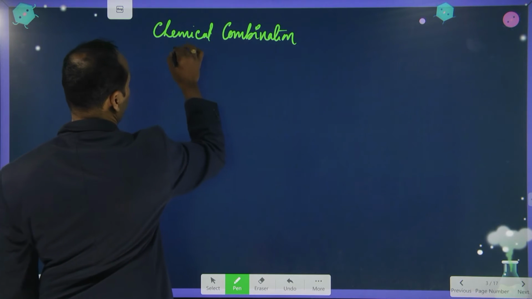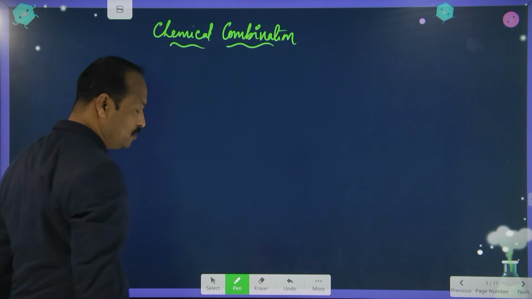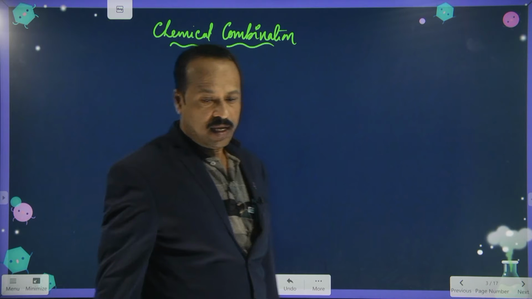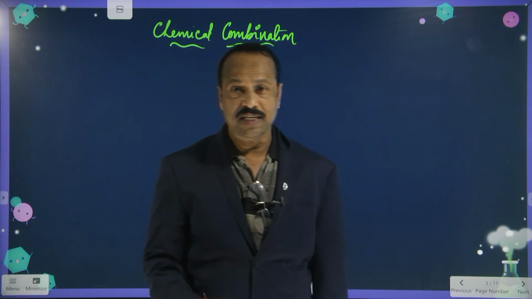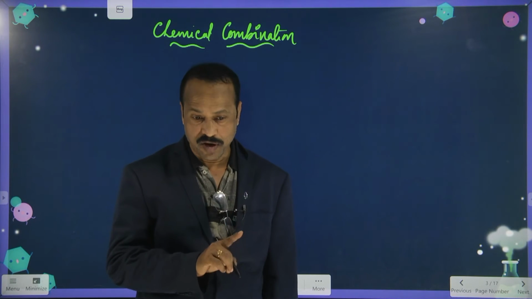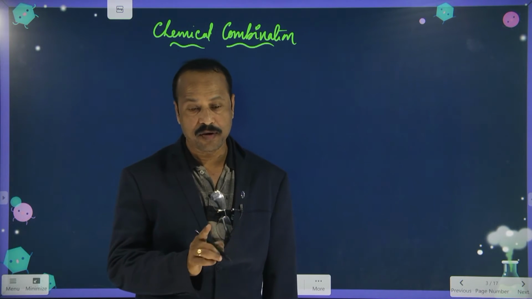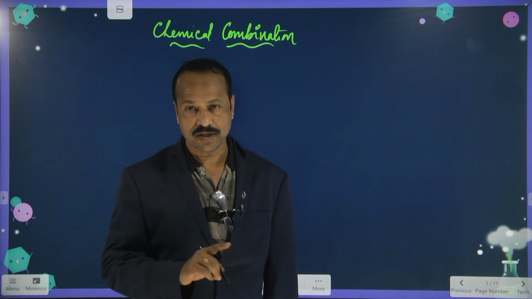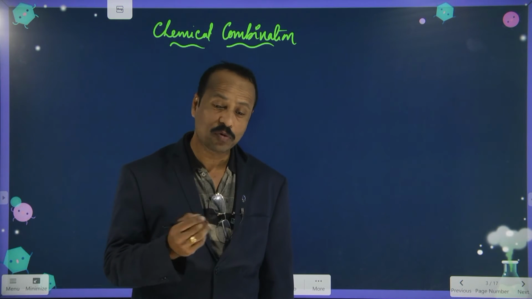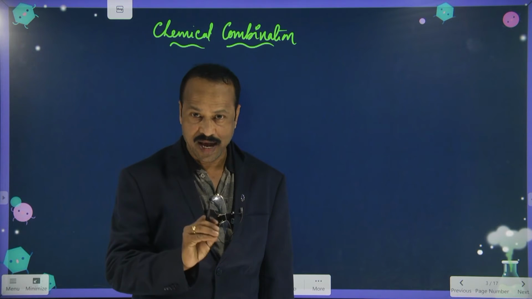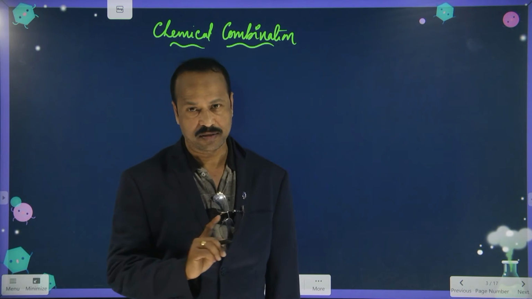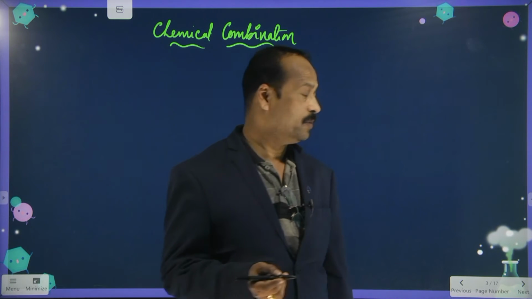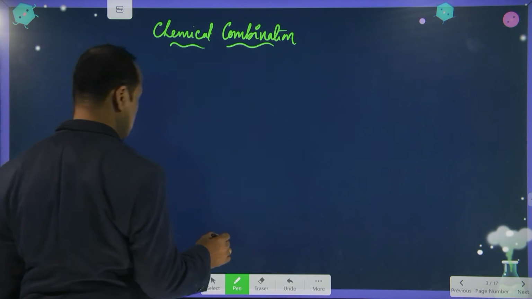So chemical combination, what is the definition? A reaction in which a single product is formed from 2 or more reactants. Okay, a reaction in which 2 or more reactants react to form a single product. So you can write it any way you wish. I am writing the definition. See here,